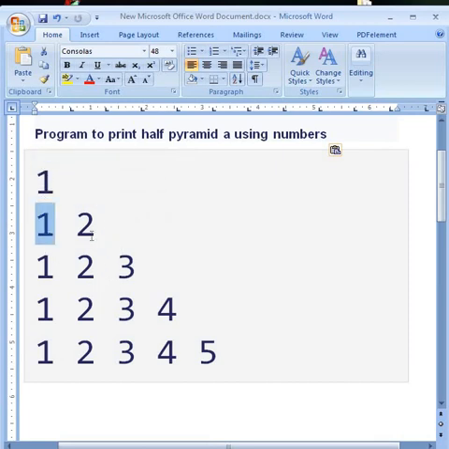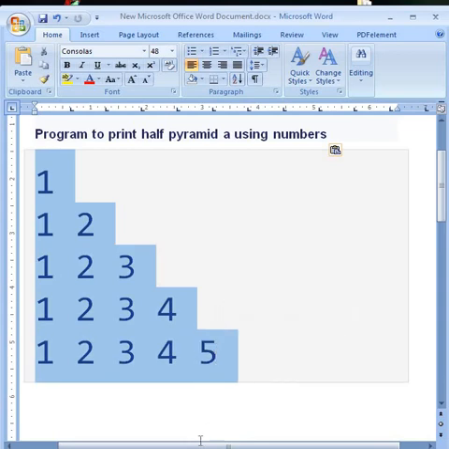That is 1, then 1 2, then 1 2 3, then 1 2 3 4, then 1 2 3 4 5, like this. If you enter 6, then the sixth row will be 1 2 3 4 5 6. So students, could you guess the program by which you can construct the same structure?